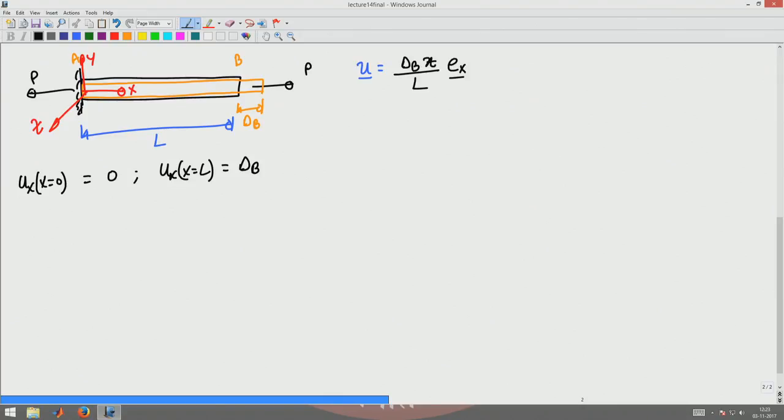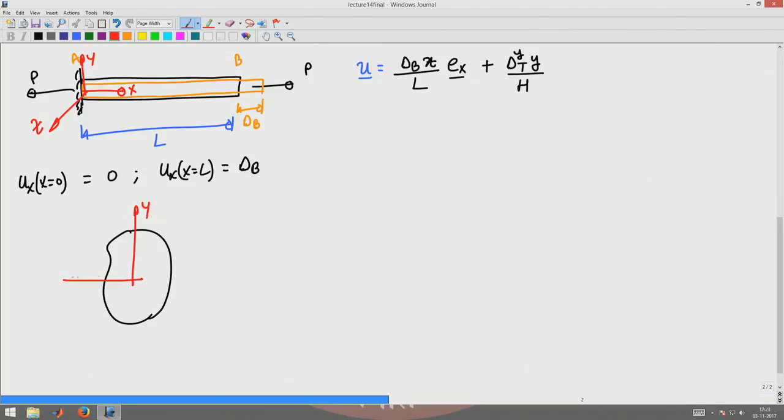Similarly, let us assume that uy displacement is given by some delta transverse y by h, where h is the depth along the y direction, delta transverse along the y direction,